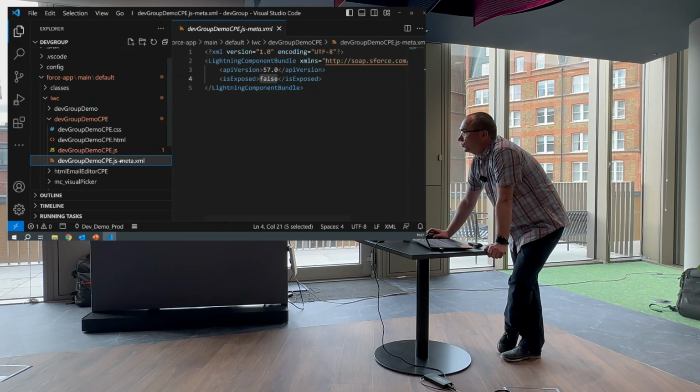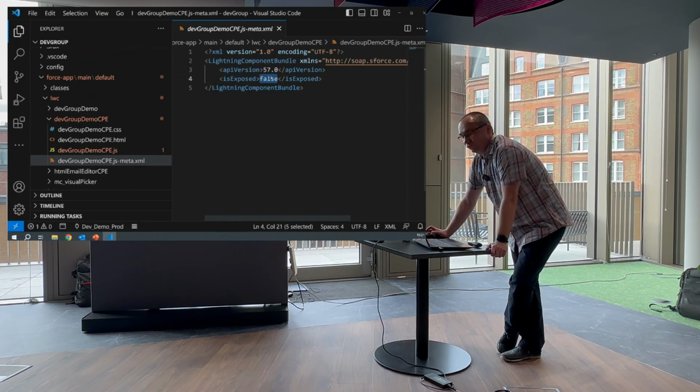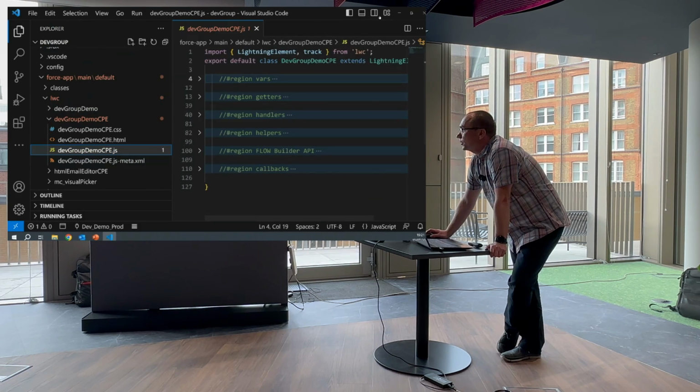Actually, I'm just going to go first to the XML. As you can see here, this is just the standard. You don't have to do anything on here. And I just want to point out that isExposed could be left as false. You can set it to true. It won't change anything, but you can leave it as false and this will still work. Okay, looking at the JS side,